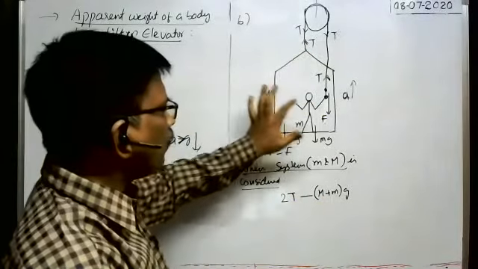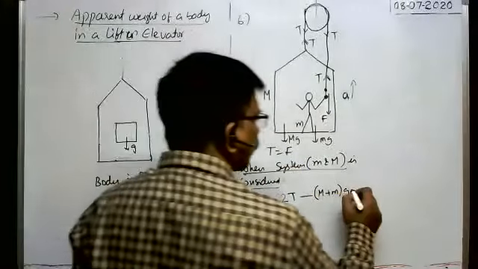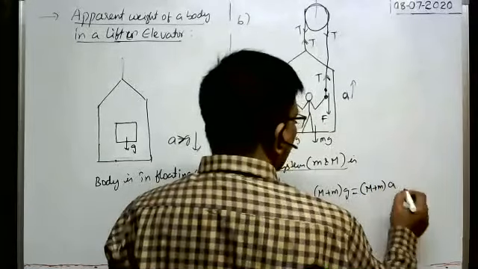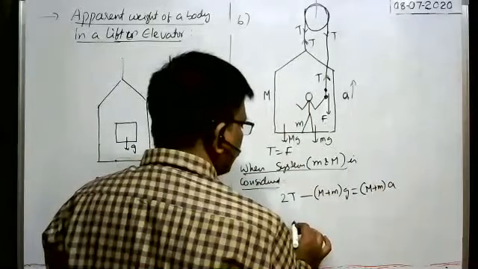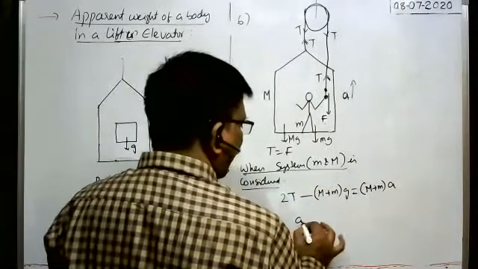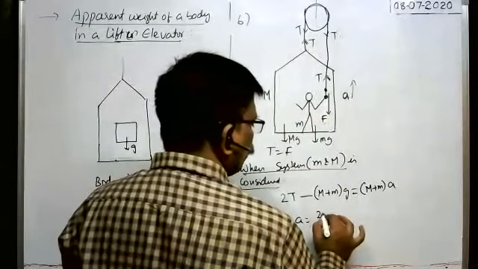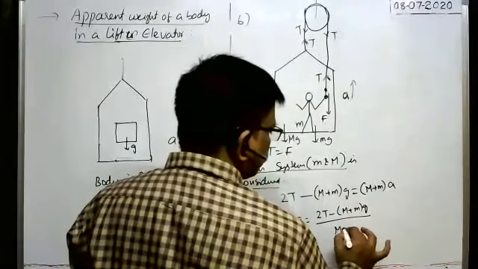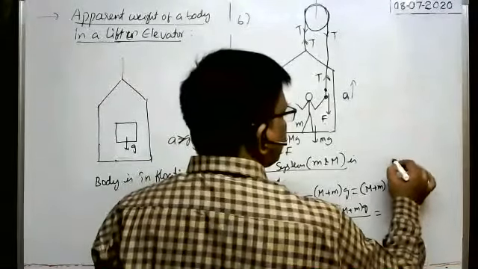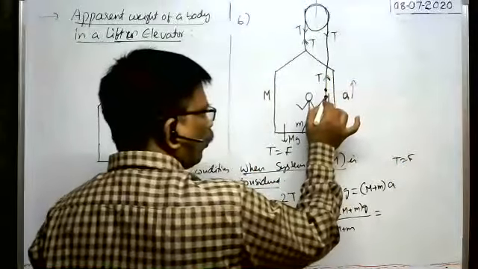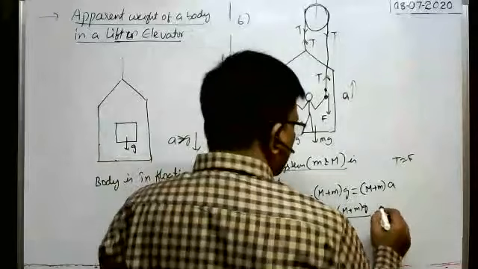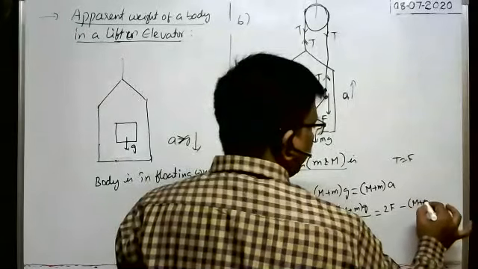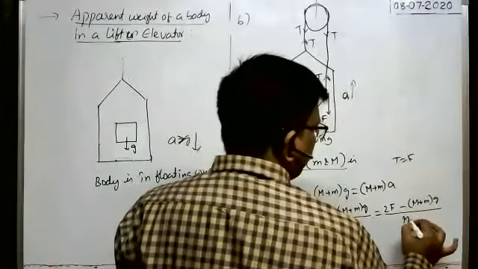So net force that acts on the man elevator system is equal to mass into acceleration. Mass of the system is capital M plus small m into acceleration a. So from this, if T is equal to F, therefore acceleration of the system in upward direction is equal to 2T minus (M plus m) into g, whole by M plus m. Or this is equal to, since T is equal to F, tension in the rope is equal to force with which the man pulls the rope. That's why instead of tension we can write F also. So a = (2F minus (M plus m) g) whole by (M plus m).